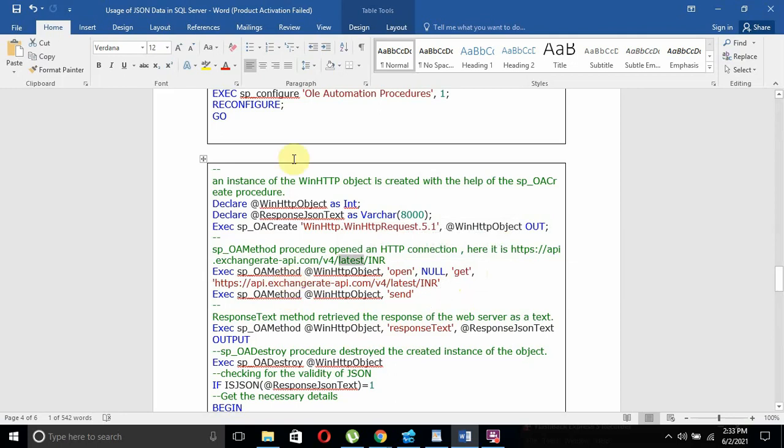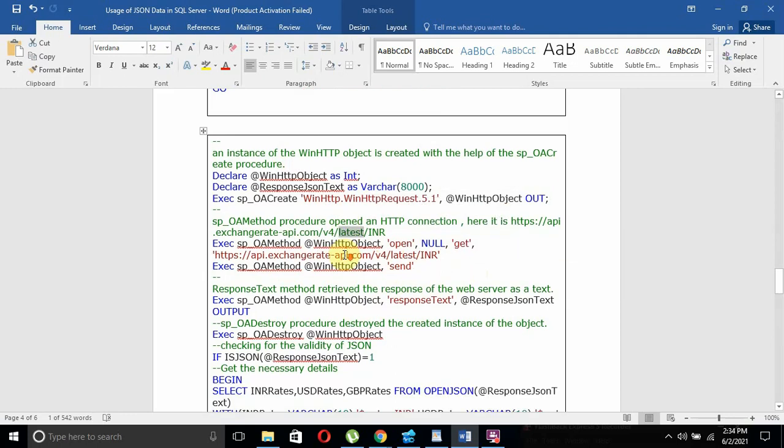First we are creating an instance, right? That instance we have to send, that is, we are calling this REST API using these OLE automation procedures. Now this HTTP request is sent as an input and it will give the output as JSON text.